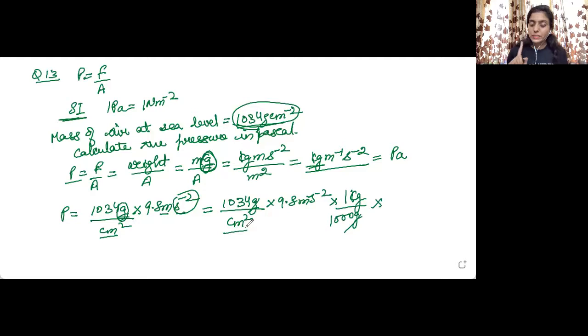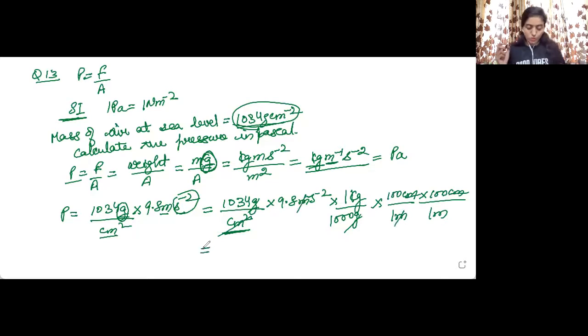So 1 meter is equal to 100 centimeters. Again, I am multiplying and dividing this equation with the same quantity, and it will not make any difference. Because now we need meter inverse in the final result, I will be putting meter in the denominator. So I am writing here 1 meter, but in the numerator I am writing 100 centimeter. Now because here it is square, I will do it twice. So centimeter square will be getting cancelled. 1 meter here, 1 meter here, it is getting cancelled.